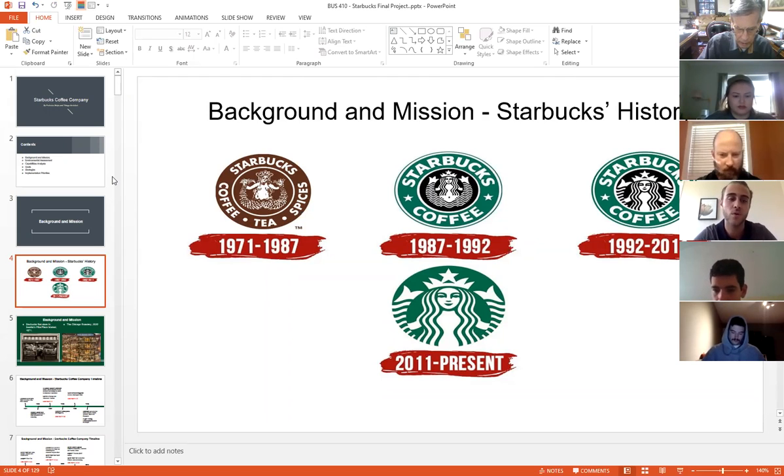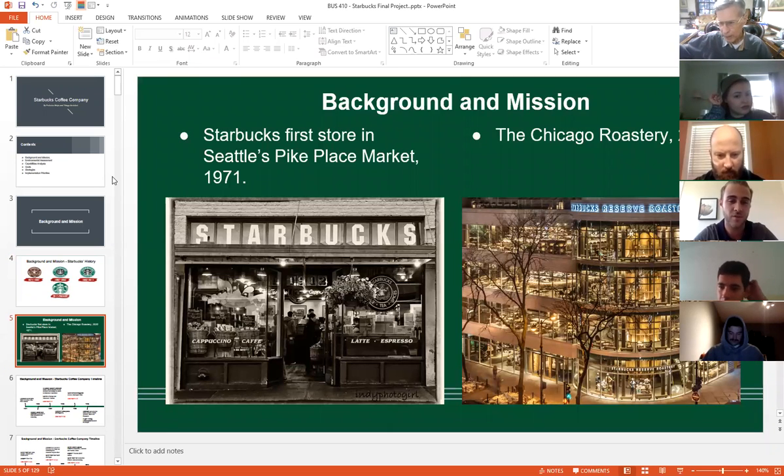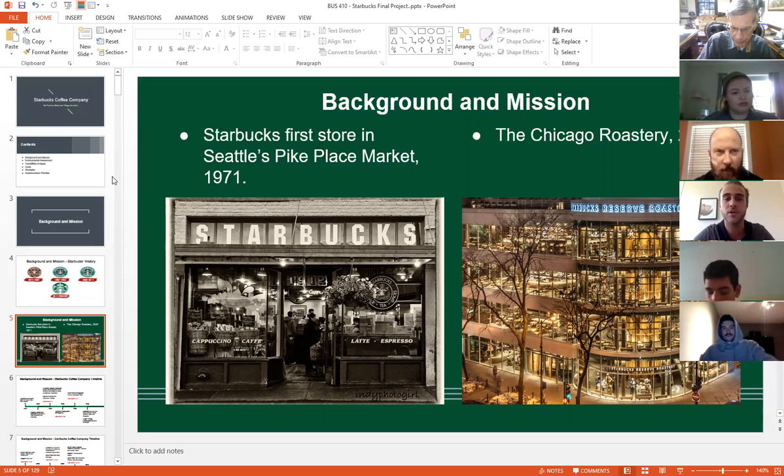The first logo that you can see on your top left was designed in 1971. Starbucks Coffee, Tea, and Spices displayed a mythical two-tailed mermaid. This is a history of the Starbucks logos, and it's gone through an interesting history, and as it did, it changed this logo. The mermaid was involved in a conspiracy theory, so they had to constantly design new logos. So on your left, you have Starbucks' first store in Seattle's Pike Place Market in 1971, and